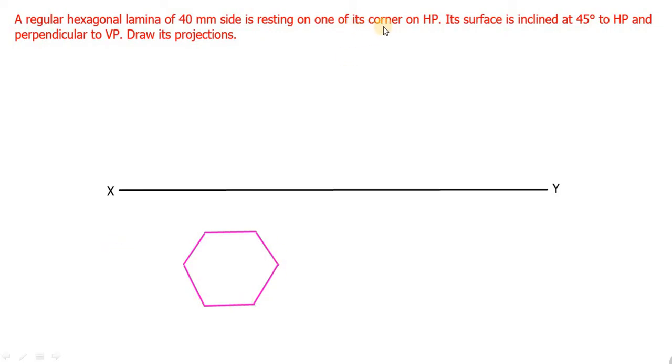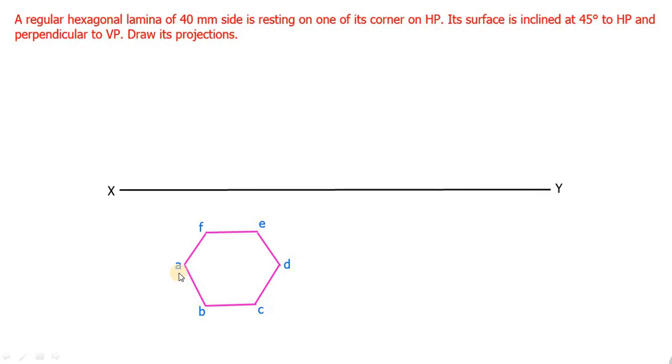Since it is resting on corner, we have to take the corner on left side or right side. That is based on your comfort. If you are going to rest the corner which you have taken on the left side, the second position should be drawn accordingly. If you are going to rest the right side corner, the second position should be drawn accordingly. So if it is left side, you can draw the slanting line, the inclined line this way. If it is the right side, you can draw the slanting line this way. Okay. So then